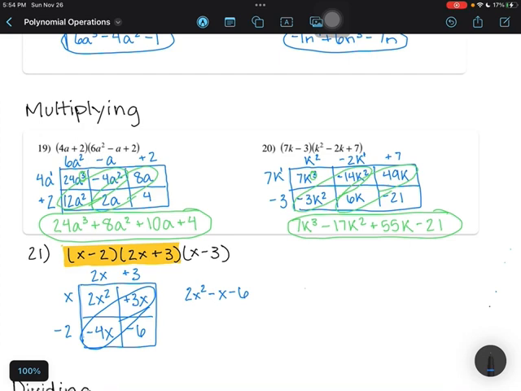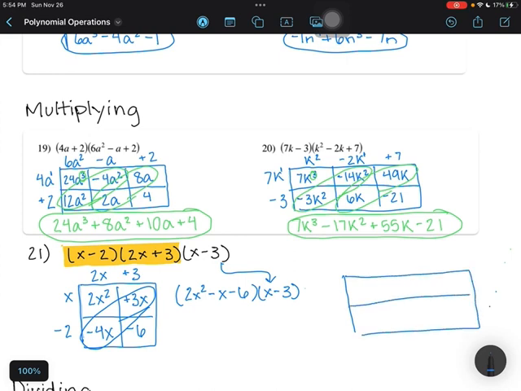So I'm not totally done yet though, right? Because I didn't multiply this yet. So I have to bring that down. And I have to multiply what I got from the first 2 by the third one. So for this one, I'm going to create a rectangle like we did in the problems above. Okay, a 2 by 3. So I have x minus 3, 2x squared